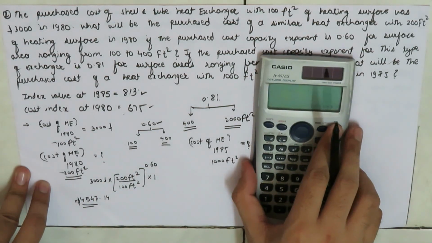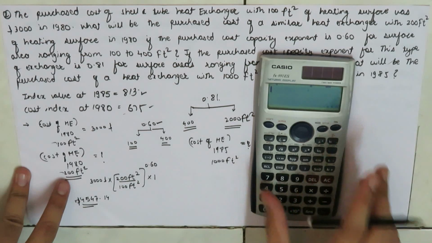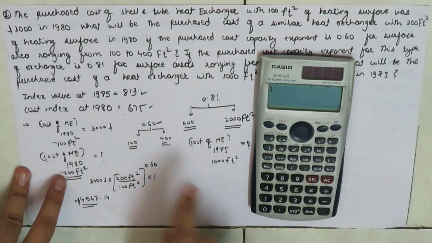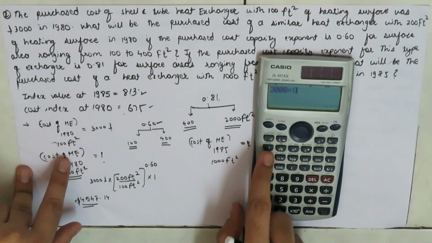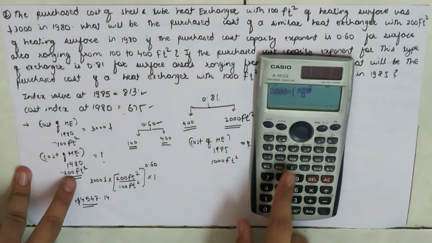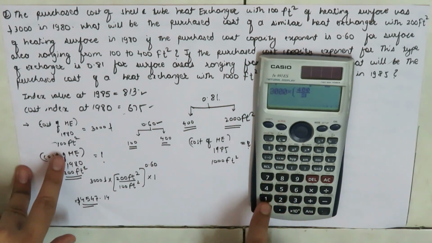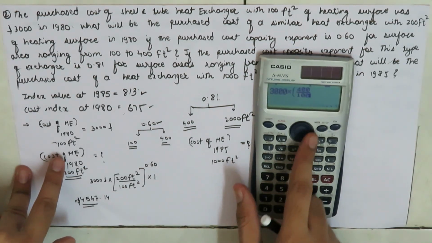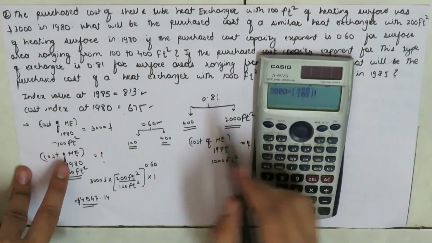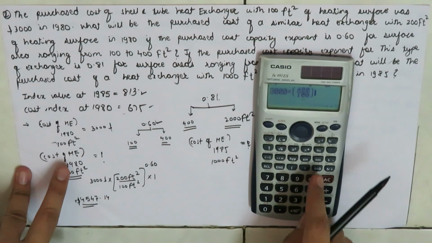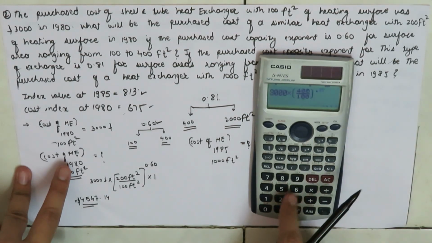So the cost of heat exchanger in 1980 whose surface area is 400 feet square can be given as the cost of heat exchanger in 1980 whose surface area is 100 feet square, times 400 over 100, and as we are dealing with the surface area between 100 to 400, we can make use of this exponent, so this is to the power 0.6,